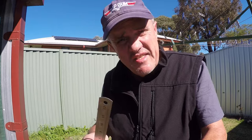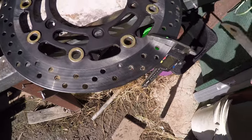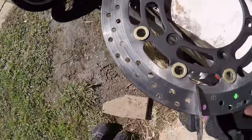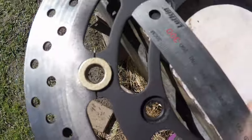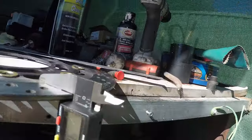So I've refinished the disc. It was looking a bit shabby. A little bit of high temp paint. My disc caliper paint is red, but my exhaust paint is black. So I put that on there. Now on this disc it says minimum thickness 4mm. Now look at the